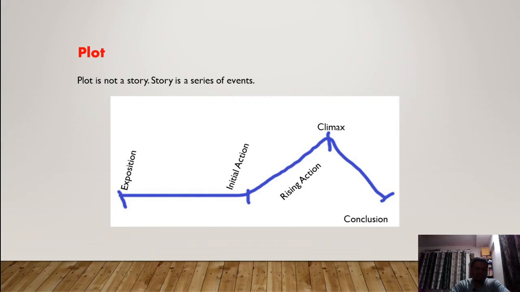The initial action is all about the first confrontation of two opposite forces. Remember, the two opposite forces are not hero and villain only. There are many stories in which you would find the opposite force is not a human being, but sometimes it is nature, or sometimes it may be a social entity, or sometimes it is a social evil or the tradition that the character fights with.